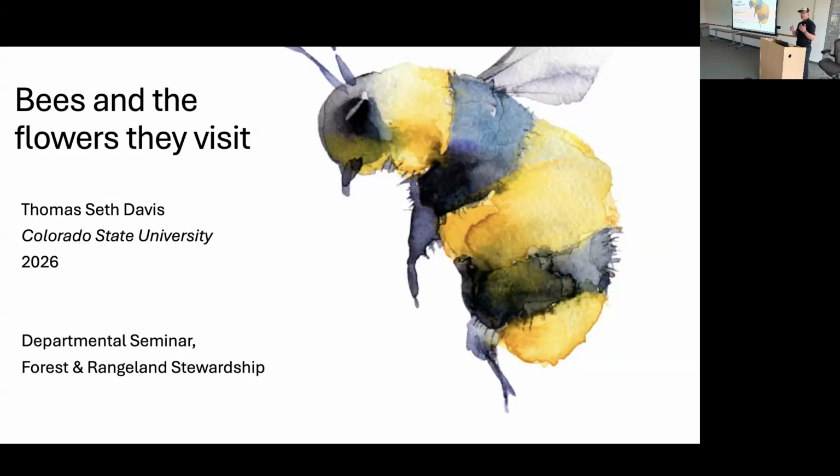And so this is going to be a little bit autobiographical, walking through some studies that we've done and just talk about the empiricism that's led the way with that. So first, I'll just talk about bees and their conservation and why that's important. I think a lot of folks in this room will have a good grasp on that already, but there's some important context there. And then we'll talk about the autobiography, like how did this happen, who was I working with, and how have we proceeded to learn the native bee assemblages of Colorado. And then what are we doing now? So what's come out of those initial studies, which was about 7 or 8 years of work, and where are we going with it now?